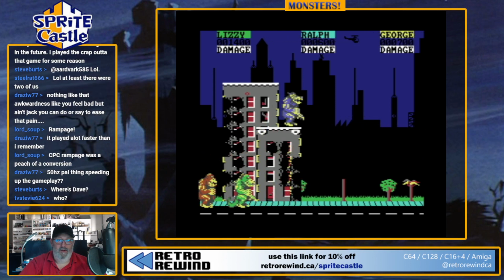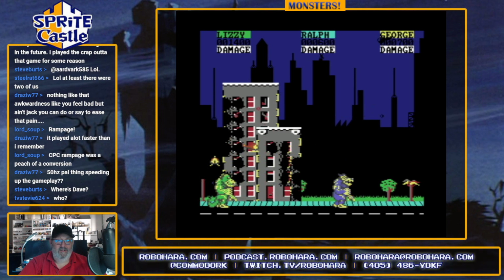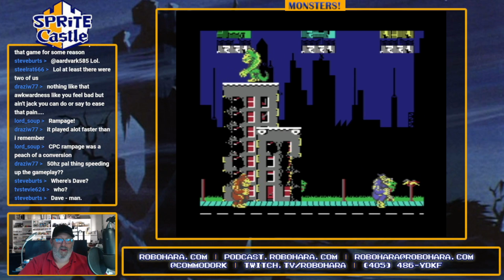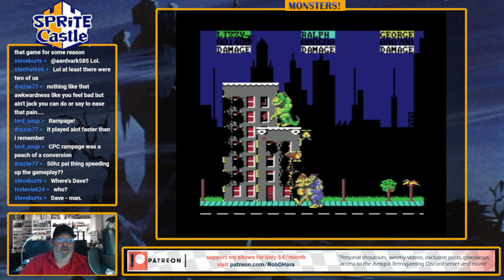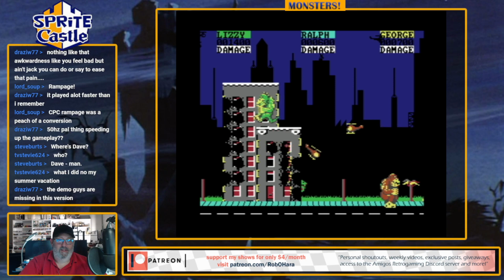Oh, come on, guys. In the arcade, I feel like you could beat a level in about 90 seconds, and so that's another difference between the arcade version and this version, is that it's taking a long time. Notice the flicker when you get up, the higher you go. I'm assuming they're doing some sort of multiplexing, may not be the right word, but that they're doing something for all the sprites, and they're using that area for something else, so it doesn't look quite as...